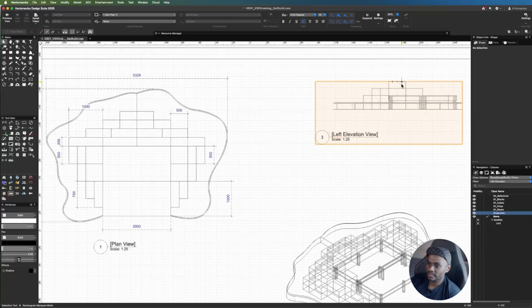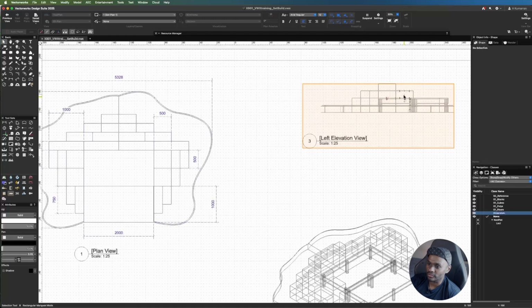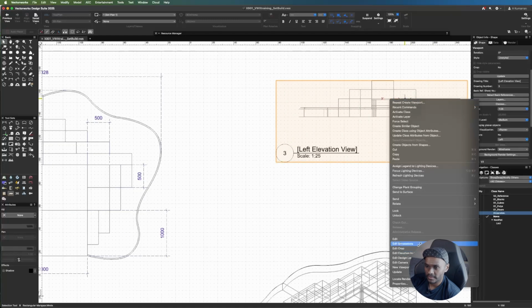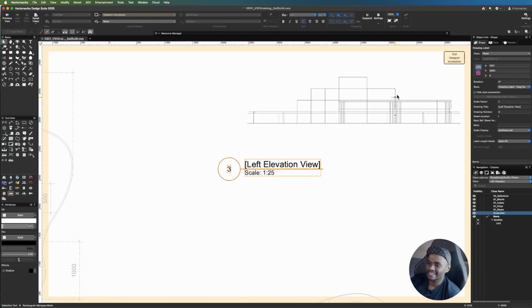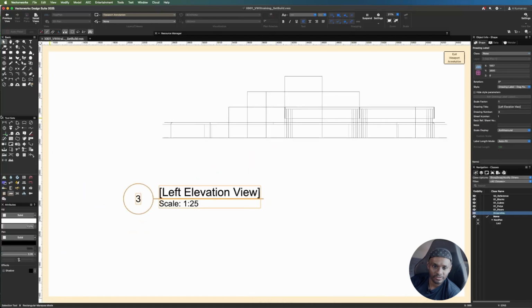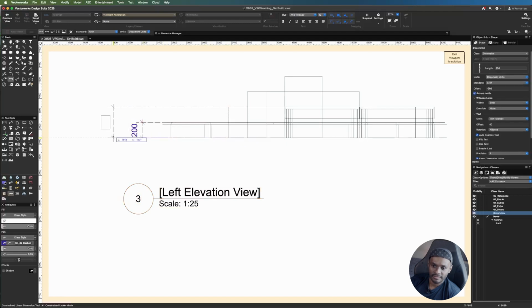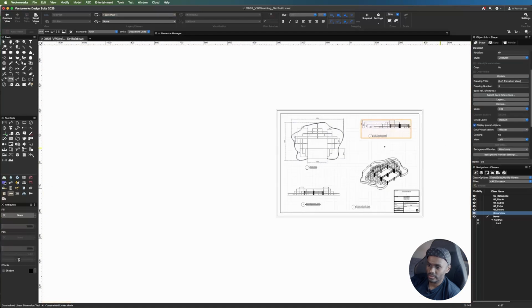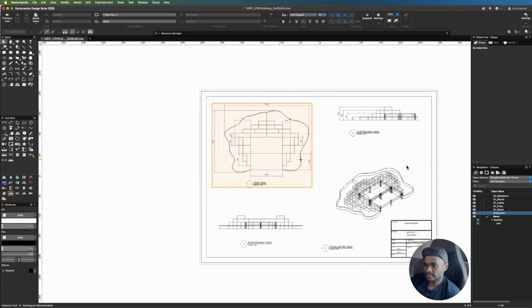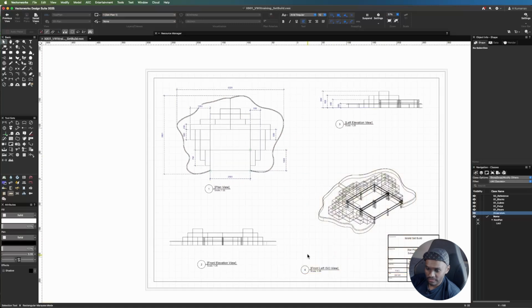I also want to make sure that there are some dimensions on the left elevation view, because you need to know your height, and you can only do that in an elevation view. So same thing, we're gonna pick the common heights. Go. So that covers